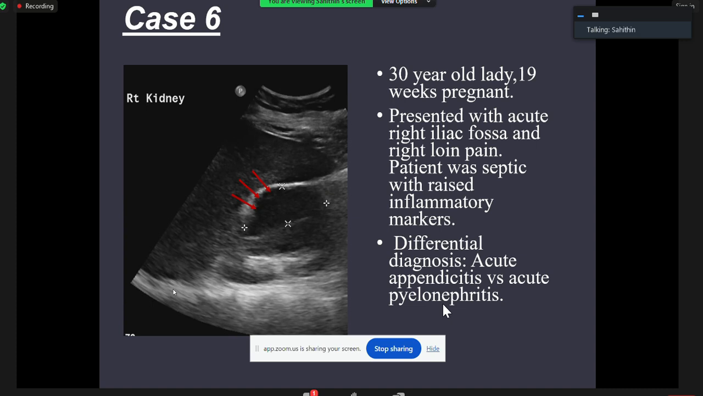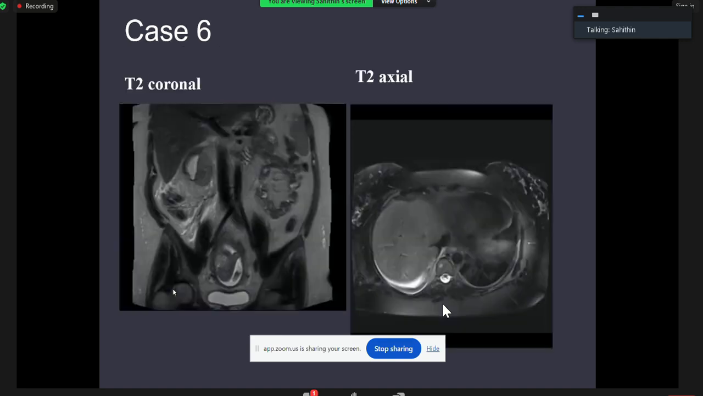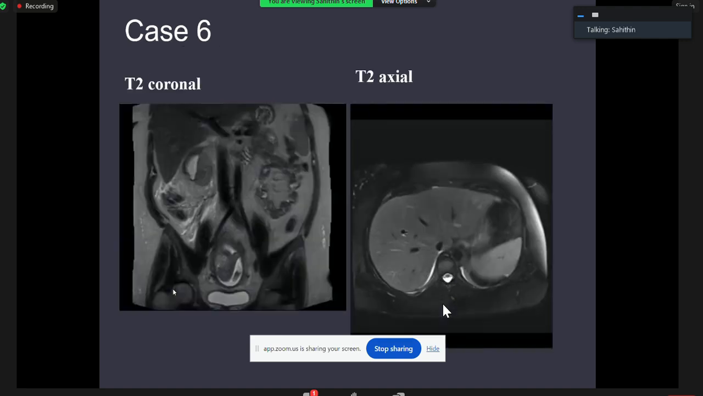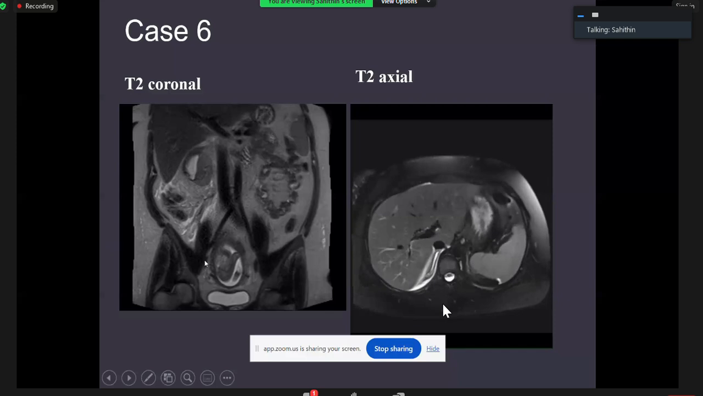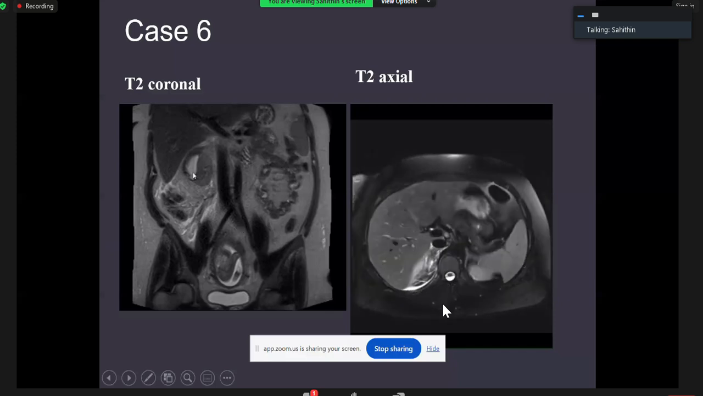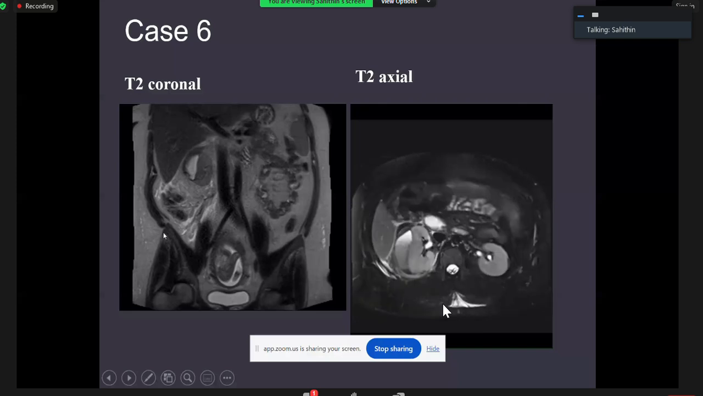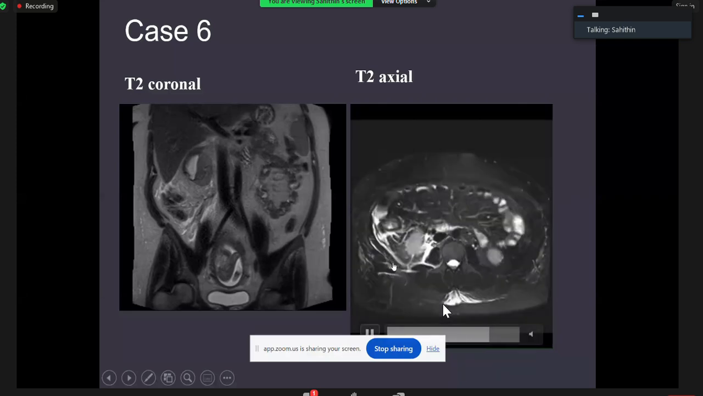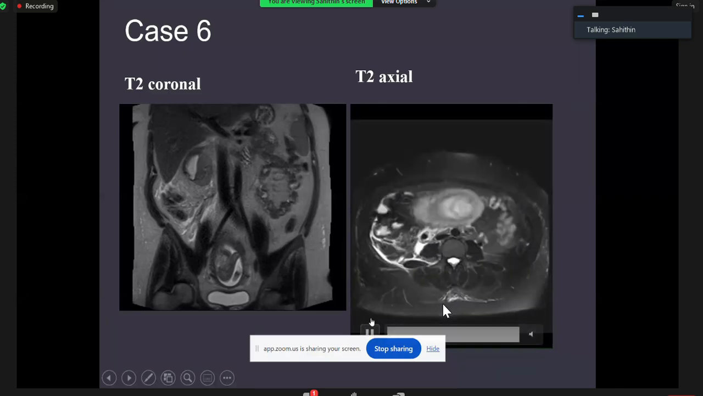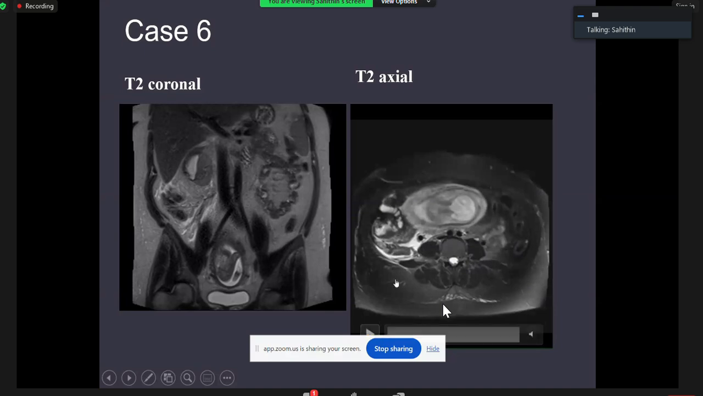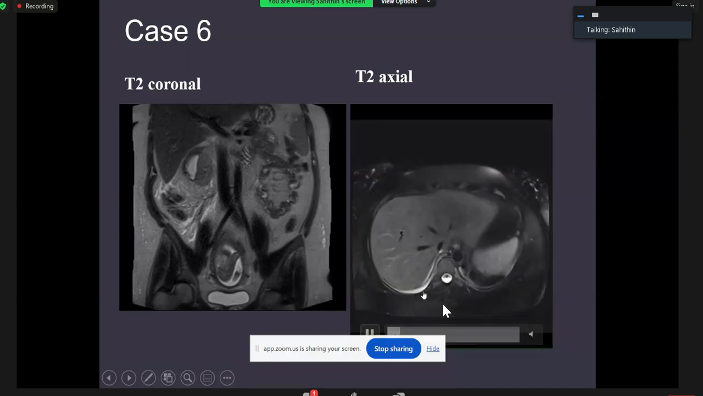There was a slight drop in the hemoglobin, so I think the clinicians were concerned about a potential hemorrhage or a hemorrhagic collection. So we did an MRI, and this is the T2 coronal. This is a subcapsular collection with florid inflammatory changes on the right. And as you can see, there is some layering within the collection, within the abscess,